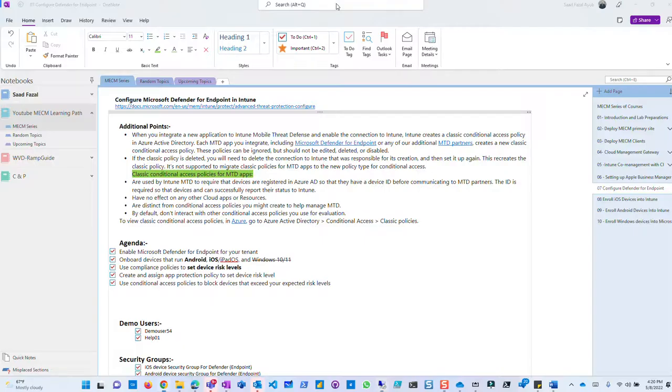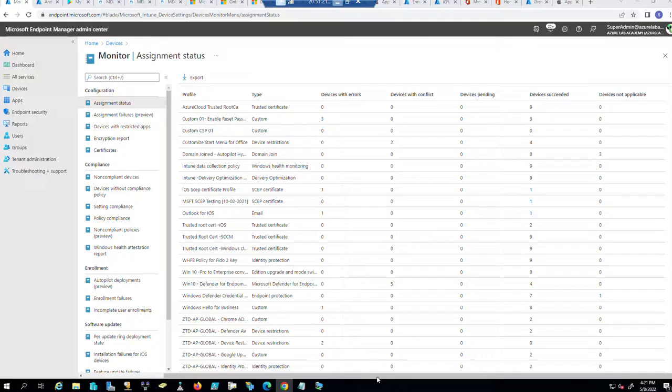So now we have completed all the steps. We set up the integration, we onboarded the devices, we set up the compliance policies, we created and assigned the protection policies, and then finally we enabled the conditional access policies. I have 3 devices, 2 iPhones and 1 Android, for testing purposes. I'm thinking how I would test it out, but let's just go to the